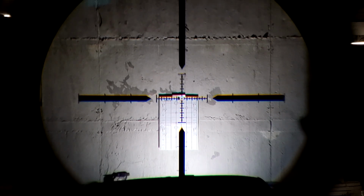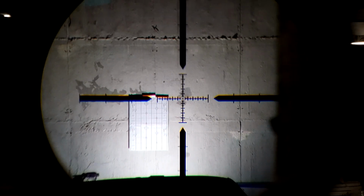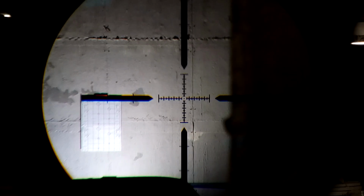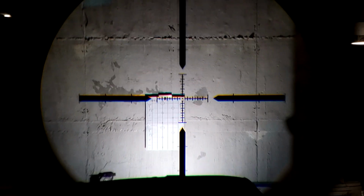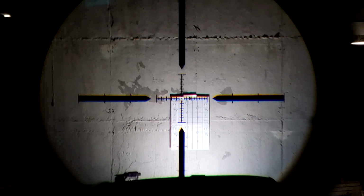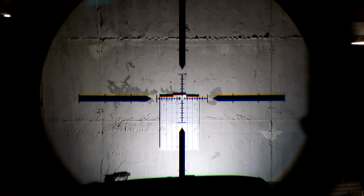Well, if that ain't just perplexing. I don't know what the hell is going on with this windage. So you can see I can jog it to the left very, very far. And then to the right, it stops right there. And we have a lot of play in the turrets. So I don't want to jam this thing up. I don't want to destroy it, but this thing is